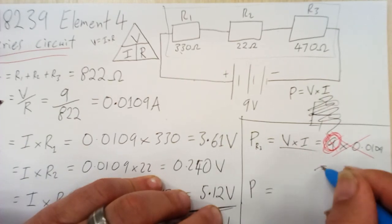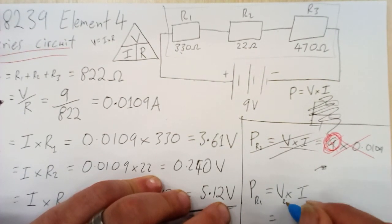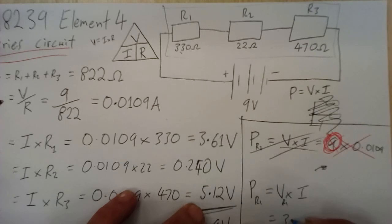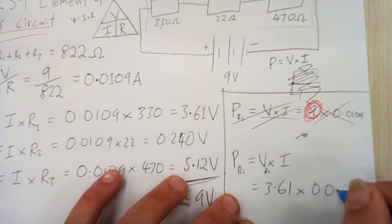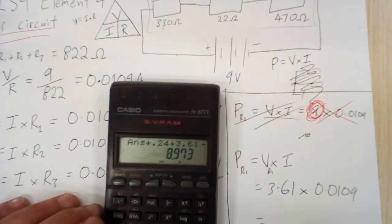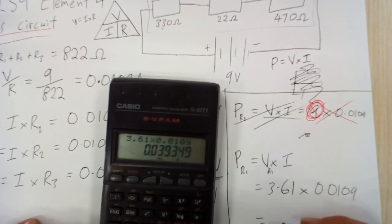P equals, for R1, V times I, which equals V R1 times I. There's only one I. Okay, which equals 3.61 from here. Oh, we're still fading in and out, aren't we? Crazy. Times, what do we got? 0.0109 amps, which equals, let's quickly plug that in, we're nearly done, 3.61 times 0.0109. Equals, okay, and that is